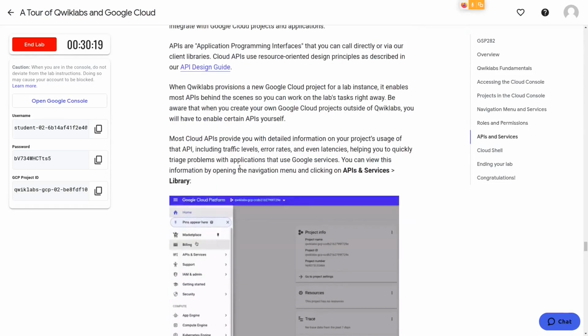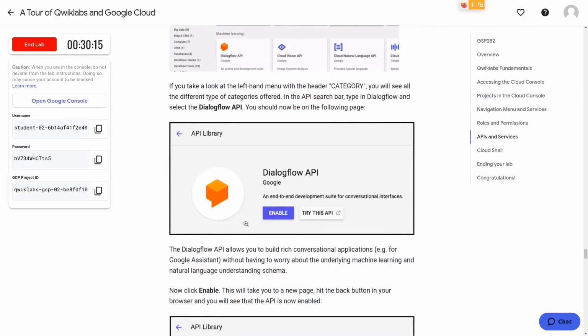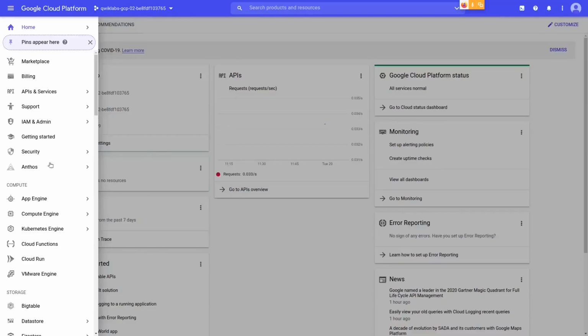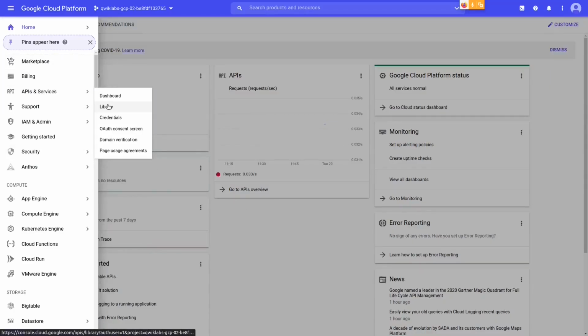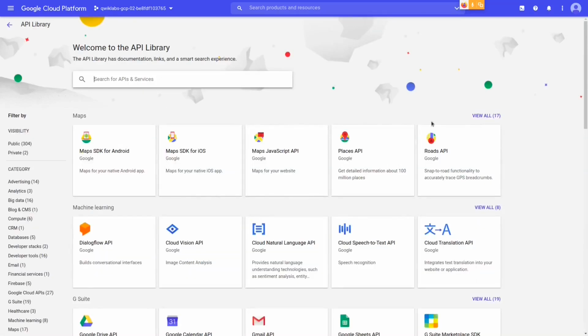There are APIs and services which we can use in our projects. Let's quickly see some of them. Here we have APIs. Let's go to library to see what all the APIs Google provides to us for using in our applications. Maps. You must have heard about it. You obviously use Zomato and Swiggy.